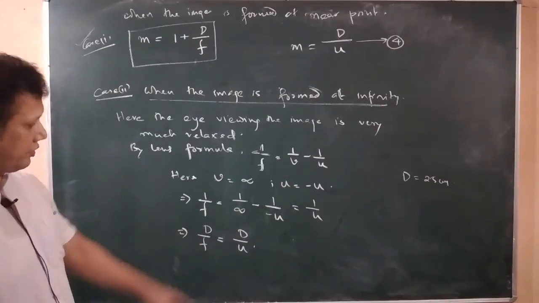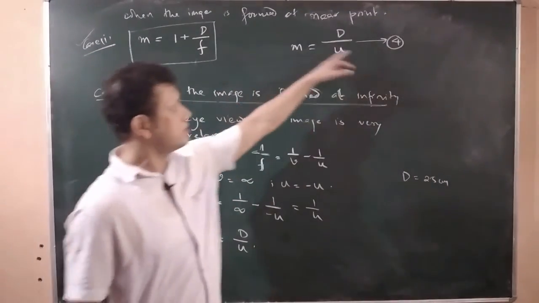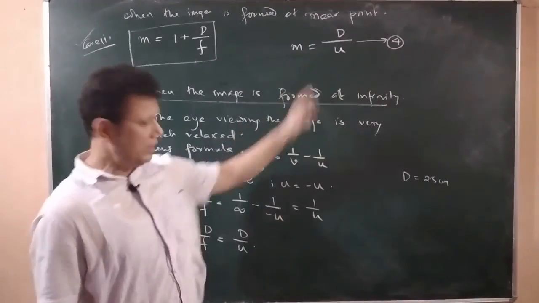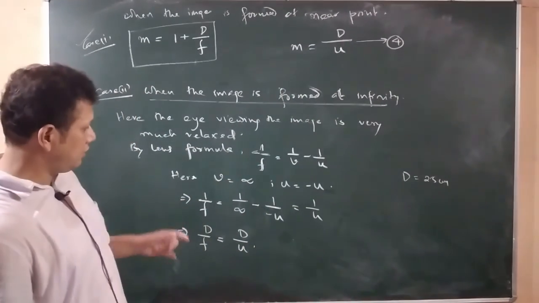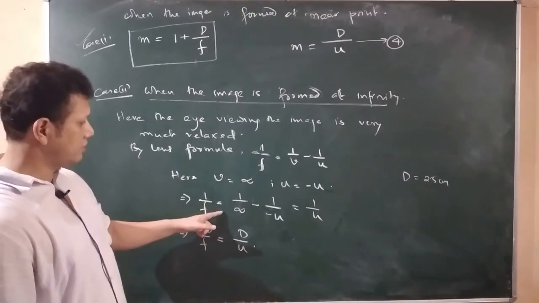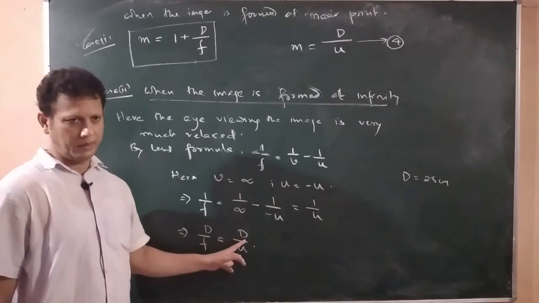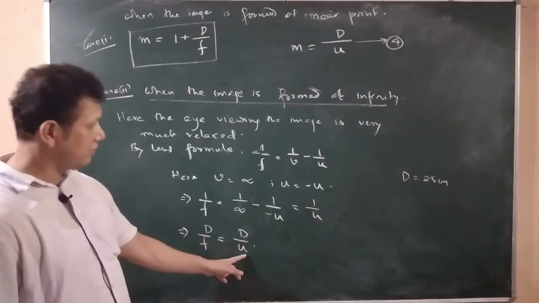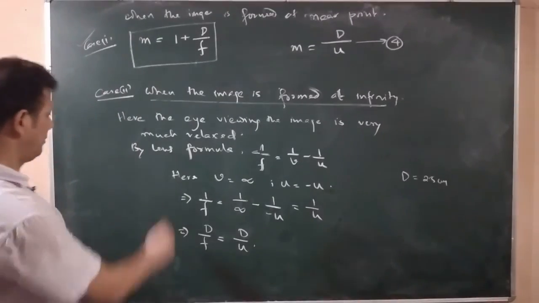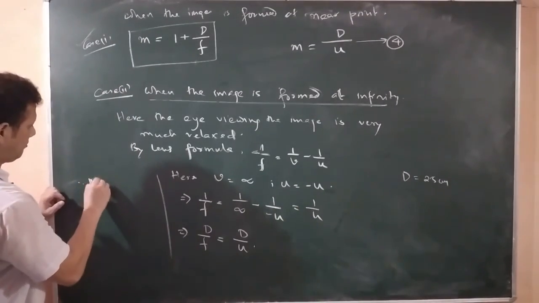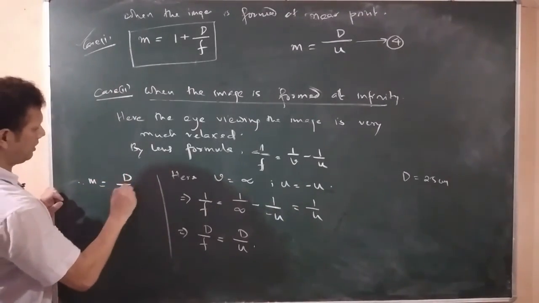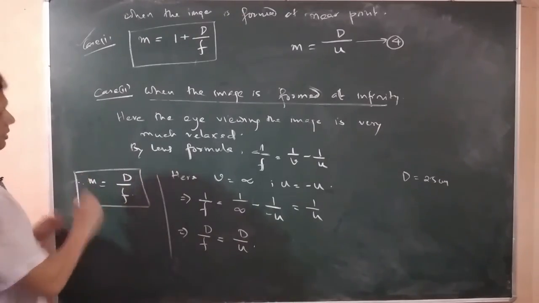We know d by u according to equation number 4 is m. Therefore m is equal to d by f. So this is the magnifying power